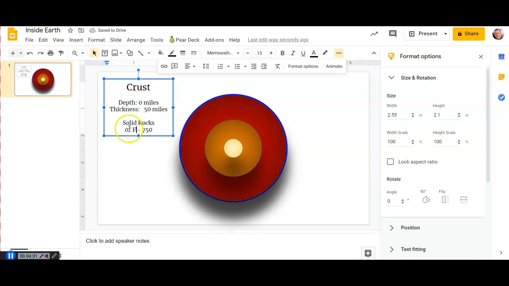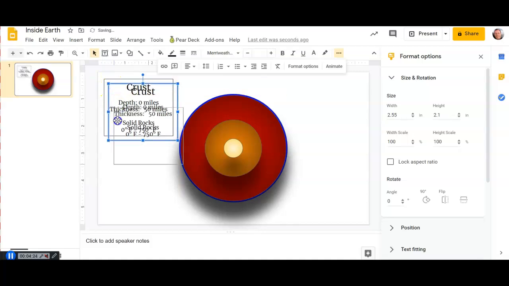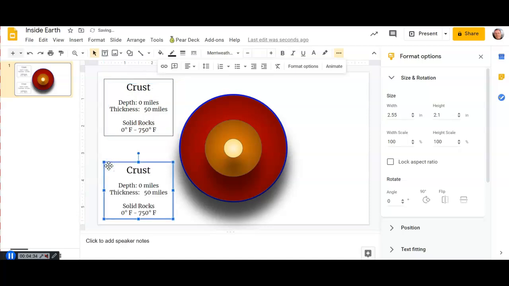Instead of doing that insert special character again, I'm just going to copy the degree sign, the space, and the F, and go Control-C. Then I'm going to come over here and go Control-V, and that puts it exactly where I want it. Now that this box is perfect, I can make my other boxes, and so all I have to do is just go click on it, Control-C, Control-V, and I'm going to pull this down, and I want to make sure that I have that vertical red line, and I'll pull it down so that it is about the same as the other one,